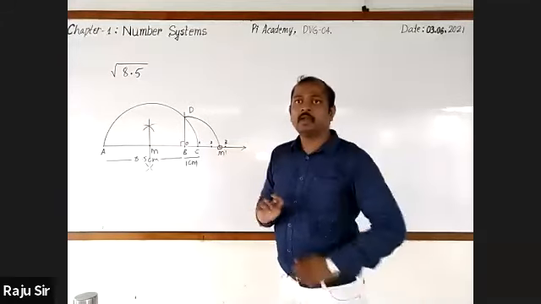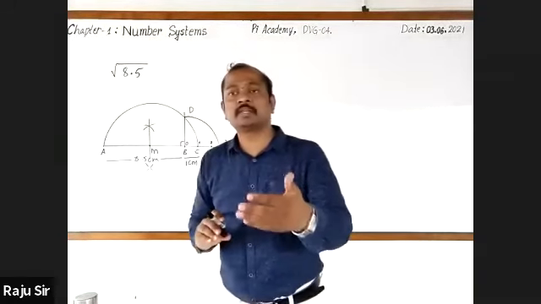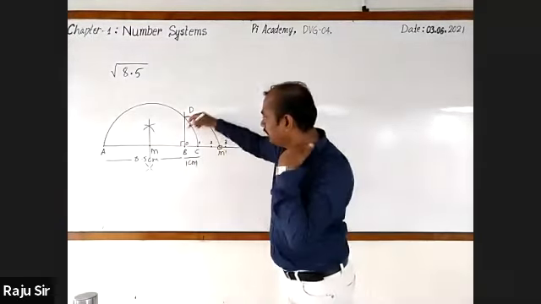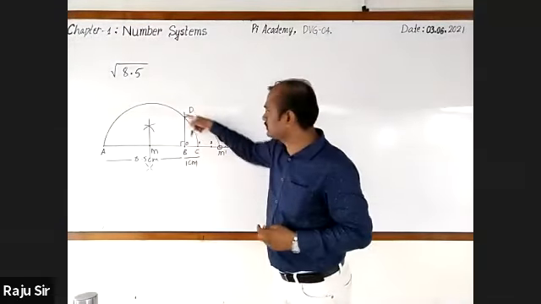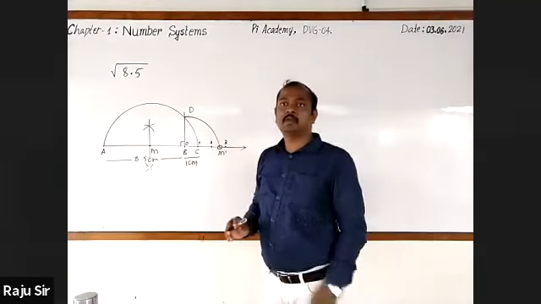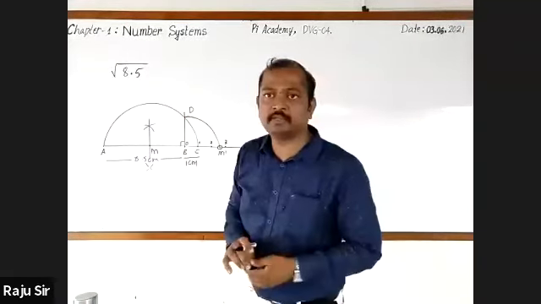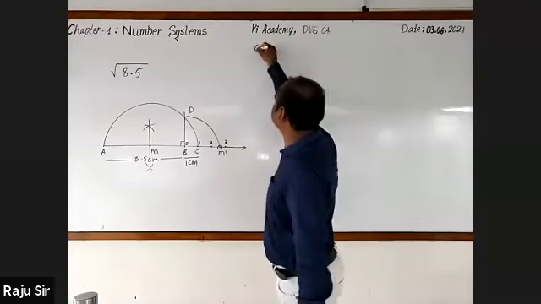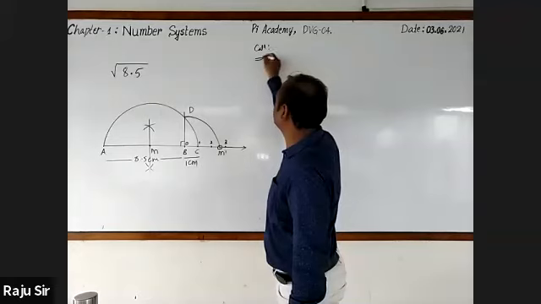Got it? And even some students were asking regarding the calculation. We have to justify, we have to show that BD is square root of 8.5. So once I go for explaining the calculation, listen carefully. In this calculation,